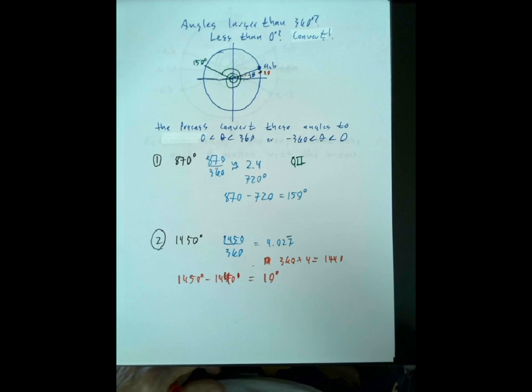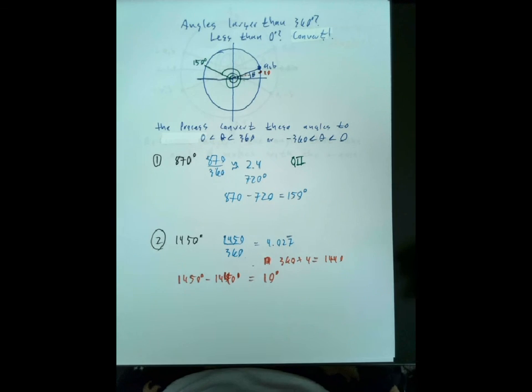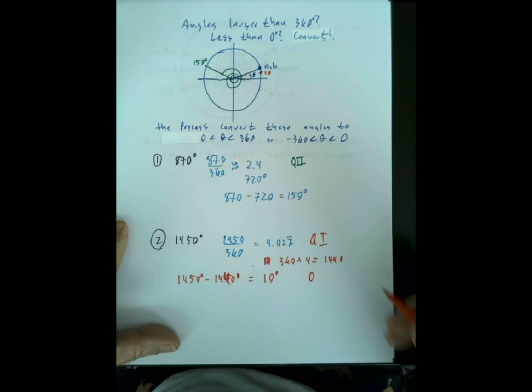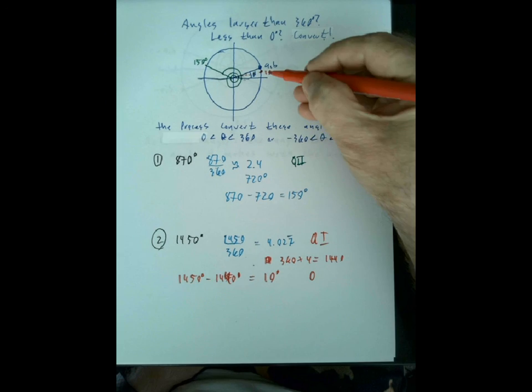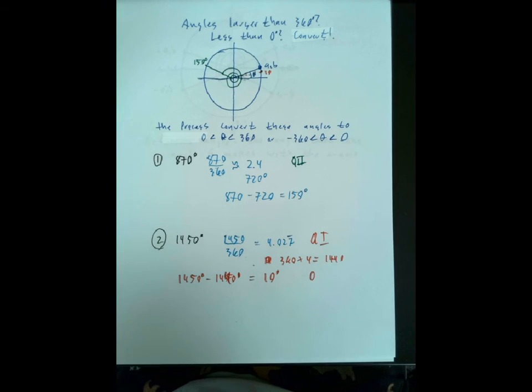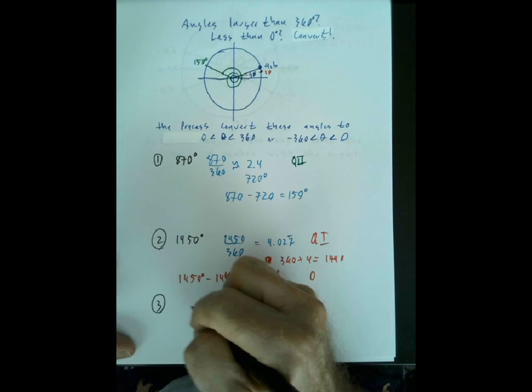And 1450 is its own angle, right? But on the unit circle, it occupies the same position as the 10 degree angle. And that means the sine, the cosine, and the tangent would be the same because it's in the same point. And we're going to say, oh, 1450, that's a Q1 angle because as you see, the angle fell into the Q1 region, right? Okay, good. Now let's try a negative one here. How about negative